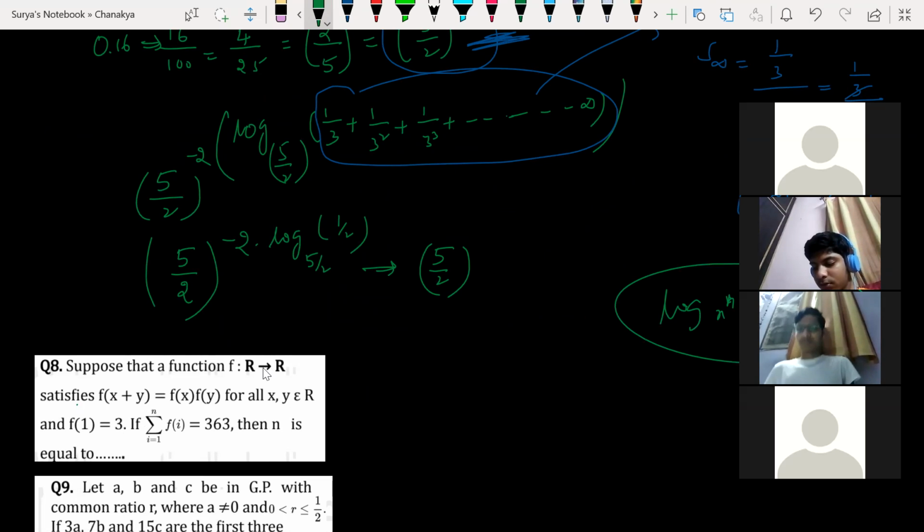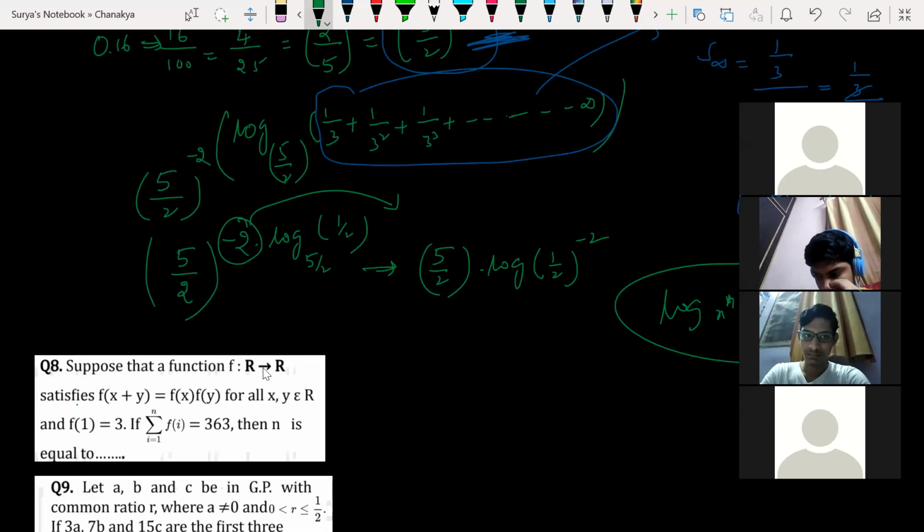So now look at this. Now I have minus 2 here. What can I make out here? Minus 2 will be jumping forward, so into log 1 by 2 whole to the power of minus 2. It is n here, and this will be jumping here. If I have 2 here, I can just come back again. I can make it like that. Is it clear or not?